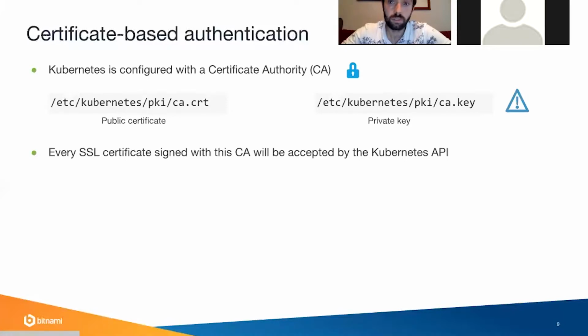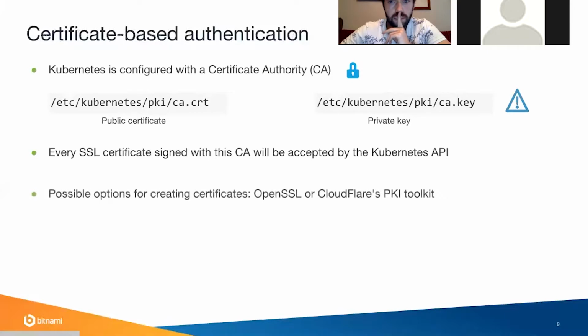So when we try to access the API, as we know, using kubectl, we will provide the certificates, and if it's signed by this authority, it will be considered a valid user. That's the way we can access Kubernetes as users. Down the line, it's just a matter of creating certificates using OpenSSL or the Cloudflare toolkit. I've used basically OpenSSL, for example.